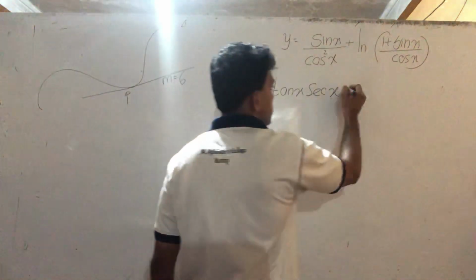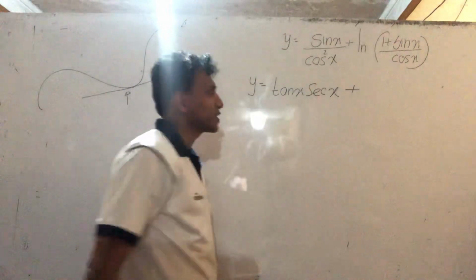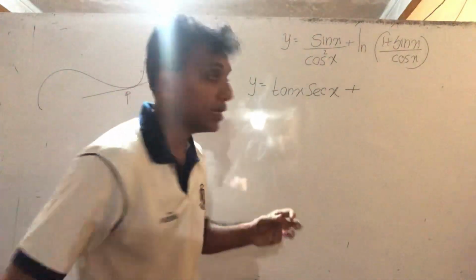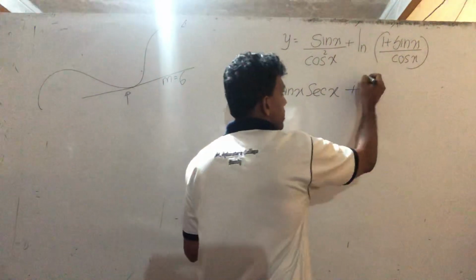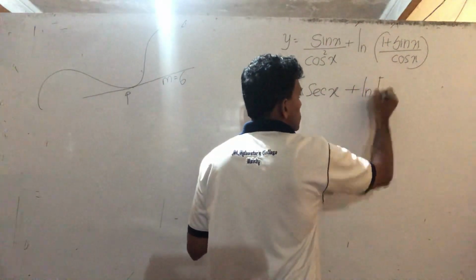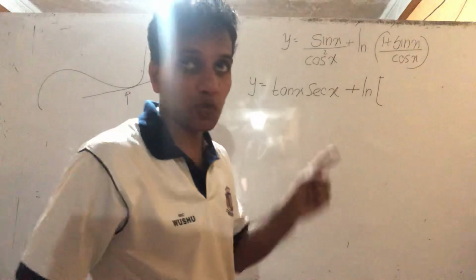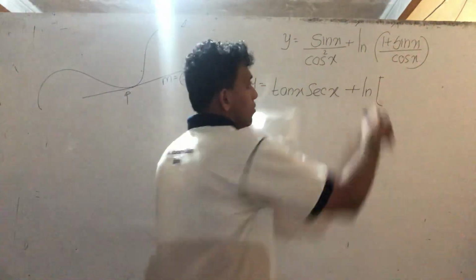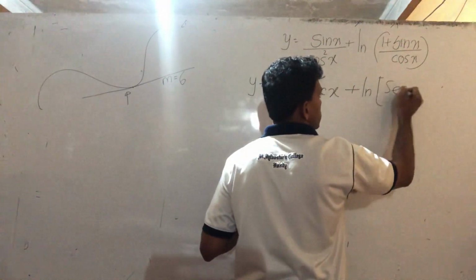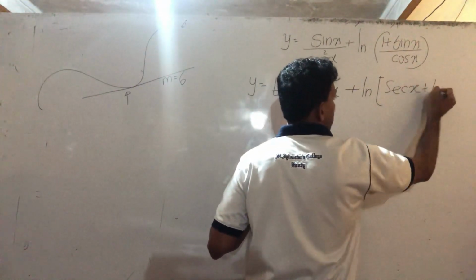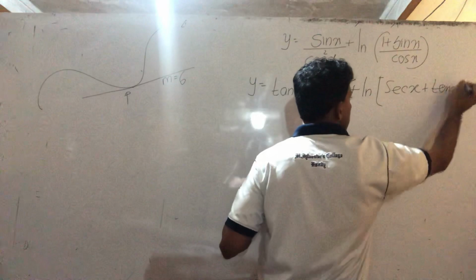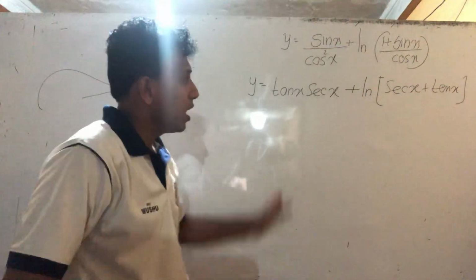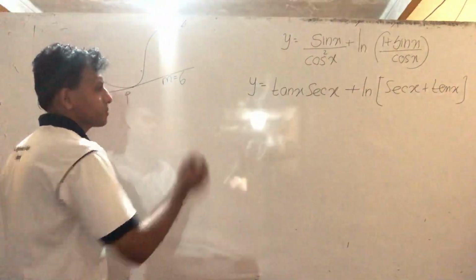plus, you also simplify the logarithm, you know the logarithm rule, or if you divide separately, logarithm of totally over cos x, that means 1 over cos x and sine over cos x. What is that? 1 over cos is sec x plus sine over cos is tan x. So I hope this is easy, better than going straight to dy over dx. And now find the dy over dx.